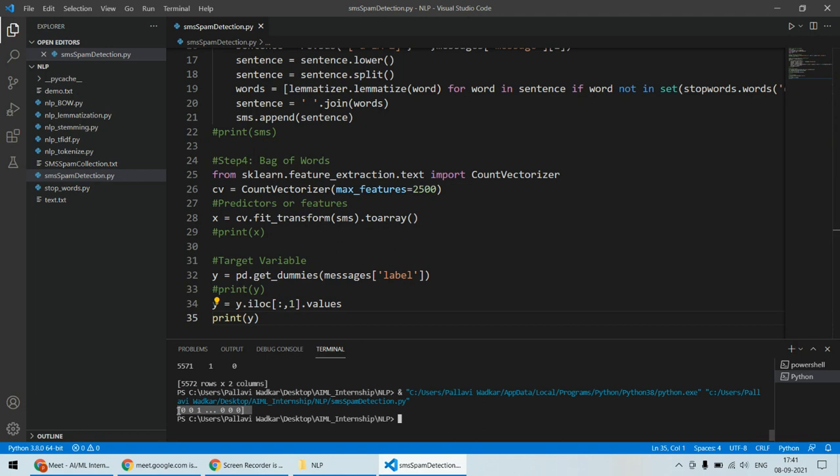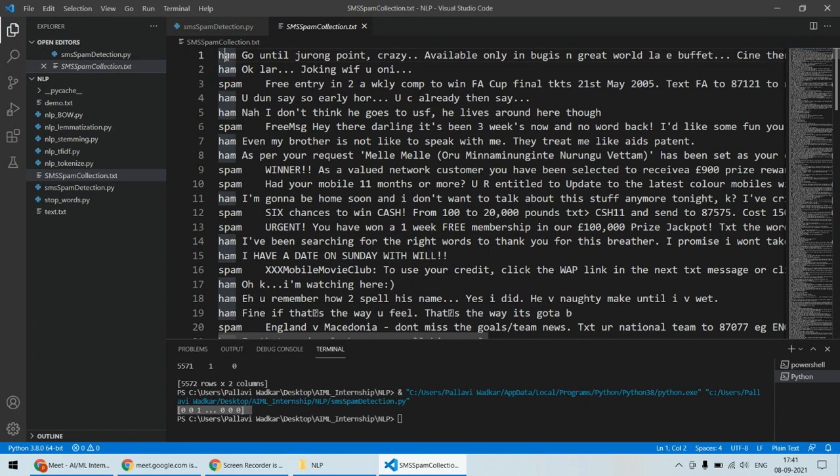जीरो रिप्रेजेंट करता है कि वो एसएमएस स्पैम नहीं है, एंड वन रिप्रेजेंट करता है वो एसएमएस स्पैम है। तो मेरा जो डेटाबेस है दिस वन, इसके अंदर जहां पे भी हैम मिला, फर्स्ट एंट्री इज हैम तो यहाँ पे जीरो आया है, सेकेंड एंट्री इज हैम तो यहाँ पे फिर से जीरो है, थर्ड एंट्री स्पैम है तो यहाँ पे मुझे वन मिला है, राइट। तो ये जो पूरा कॉलम है हैम हैम स्पैम, इसको मैंने जीरोज और वंस के फॉर्म में कन्वर्ट कर लिया। नाउ ये भी मुझे नंबर्स के फॉर्म में एक वेक्टर या फिर एक मैट्रिक्स आप बोल सकते हो या फिर एक एरे मिला।